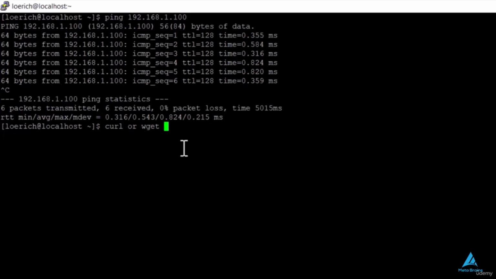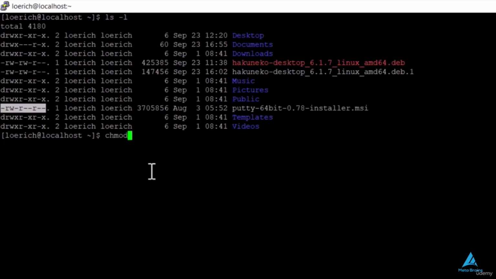Locate. The locate command is generally used to locate files in a database. Use an asterisk to search for content that contains 2 or more words. Chmod. This is a command used to change the permission access to files and directories. It changes the read, write, and execute attributes of users, groups, others, and all.